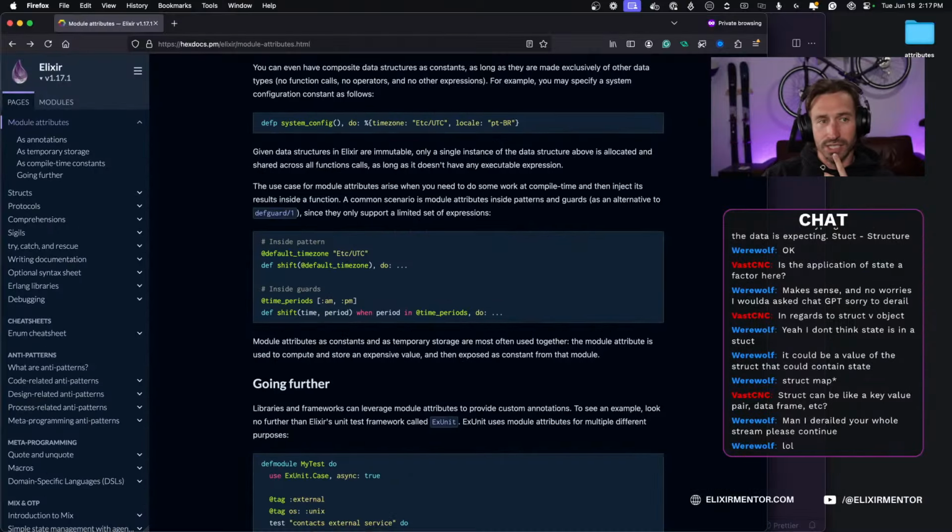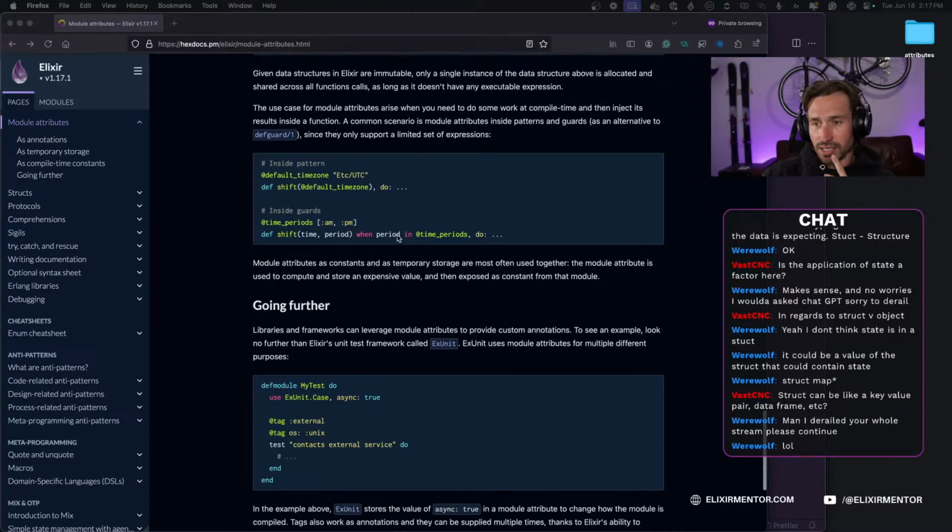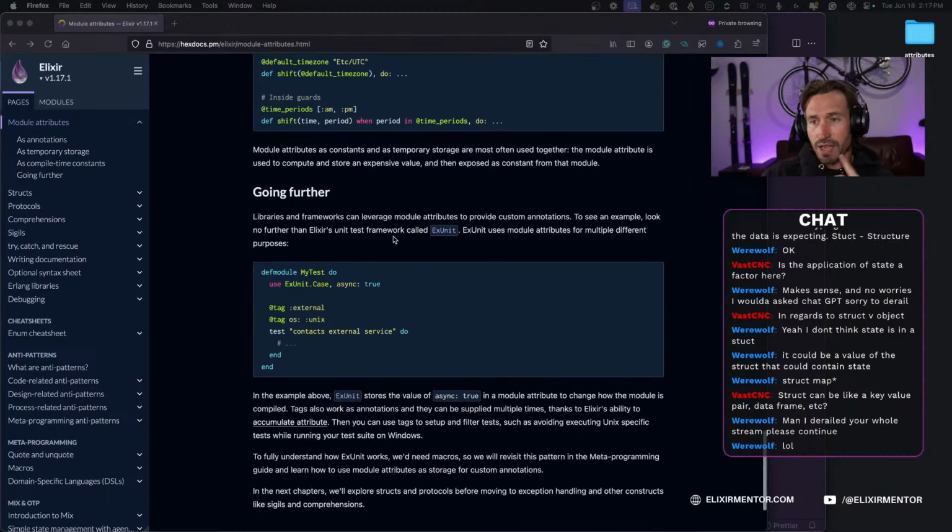The next section is a little more exciting, I think. And so let's see, going further. Libraries and frameworks can leverage module attributes to provide custom annotations. To see an example, look no further than Elixir's unit test framework called ExUnit. ExUnit uses module attributes for multiple